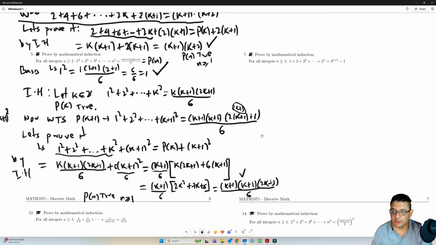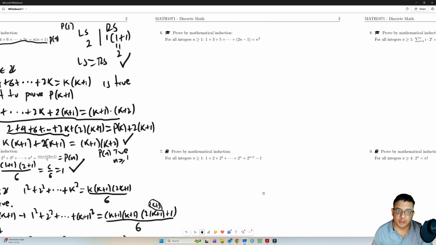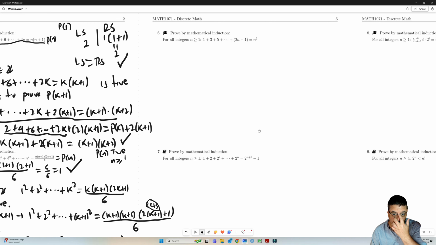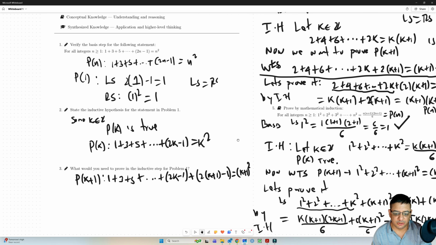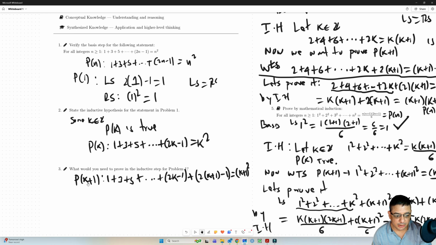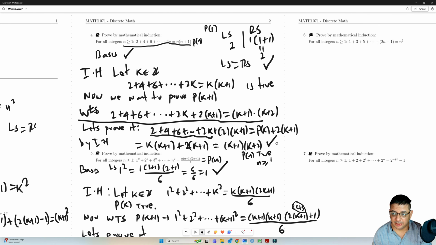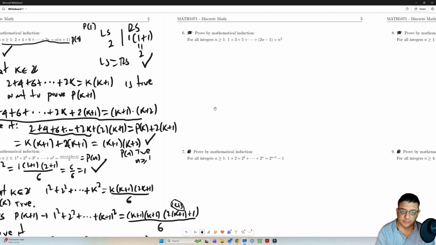Okay? All right, so now let's move on to question 6. And question 6 is pretty much what I was trying to prove over here. So I'm going to skip the steps that I already did here, and I'm just going to go directly to the part where I'm going to prove the step k plus 1. So question 1 has the base case and the induction hypothesis. Okay? So the k plus 1 case